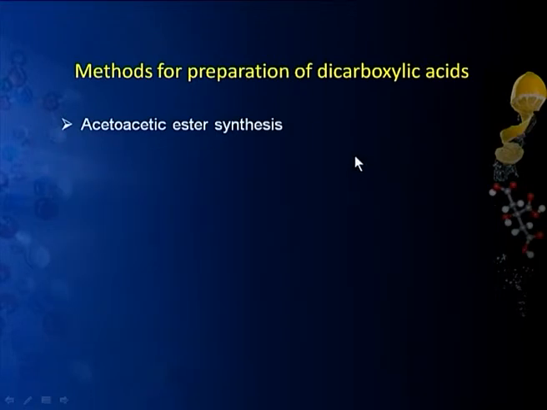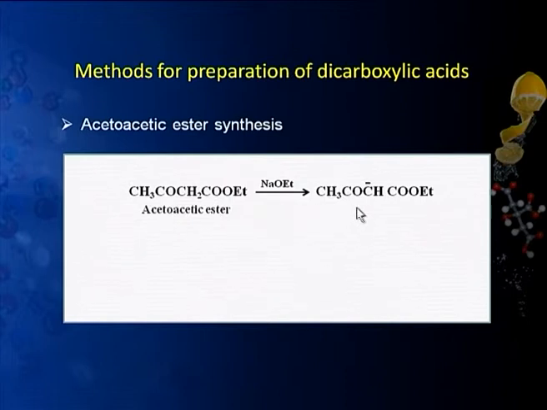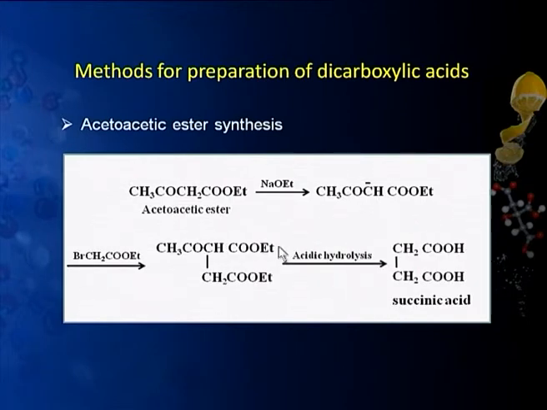Similarly, acetoacetic ester synthesis can also be used in a different way, that first its sodium salt is prepared and then it is treated with another compound, that is a bromoester, ethyl bromoacetate. Now, this acting as alkyl halide gets substituted by this anion, and this is the portion from acetoacetic ester, this is the portion from ethyl bromoacetate. They have joined here, and this on acidic hydrolysis will give acid from this portion and we get succinic acid in this case. So, these are the various methods which are used for dicarboxylic acids.